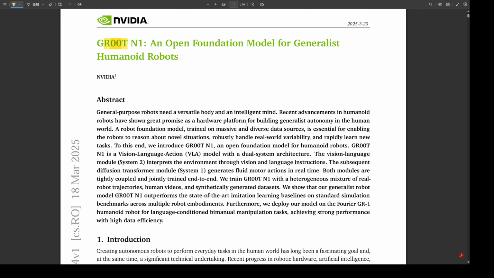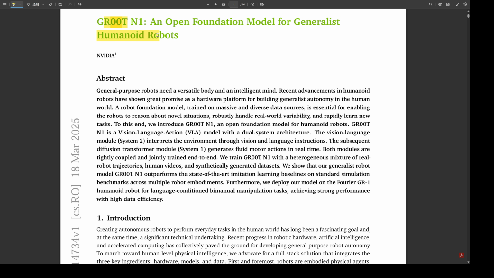And they used a lot of different sources for this, right? Yeah, they really tried to overcome this problem of what they call data islands. So you have all these different robots in all these different labs collecting data in isolation. Right, each one is its own little island. Exactly. And so it's hard to get this really massive, diverse data set that you need to train something that's more general purpose. So they try to fix that by using real robot trajectories, human videos, and then also a ton of synthetic